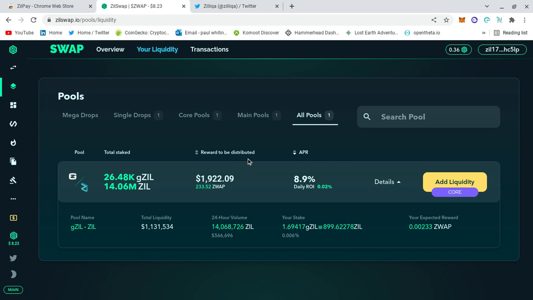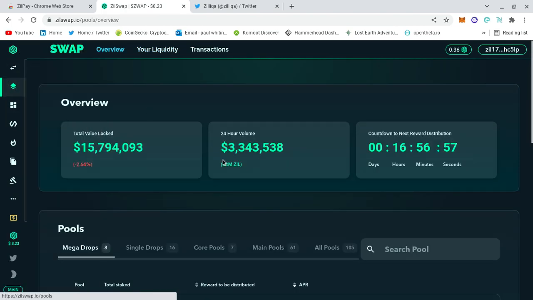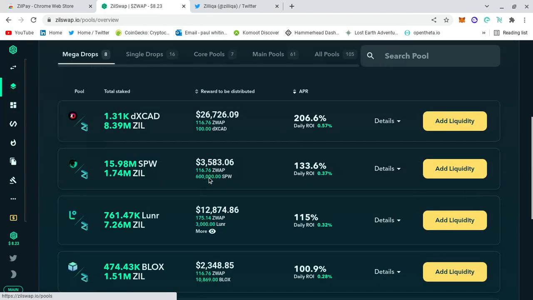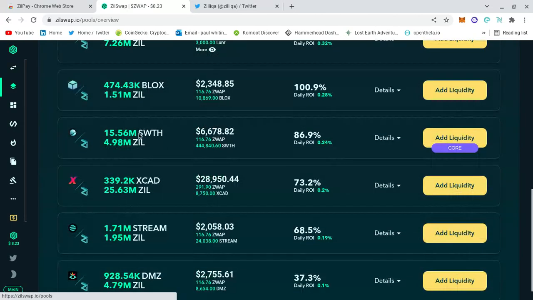And that is it basically, guys, how you do it. Obviously do your own research on these pools. Like I say, I'm not a financial advisor. This is only for entertainment purposes, but if you do look into these, you will find gems. And this is a one token process I'm talking about with Gzil. You can't swap it, and you can go ZILpia and ZilSwap, and that's another pool you can go in where the rewards are higher. The risk might be a little bit higher, but it depends what your risk tolerance